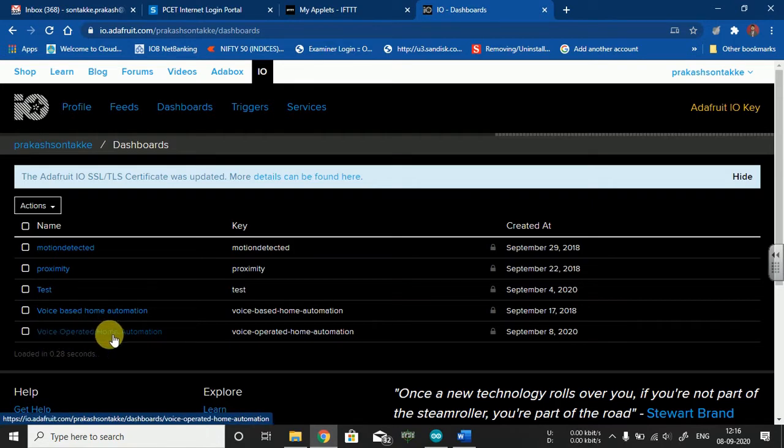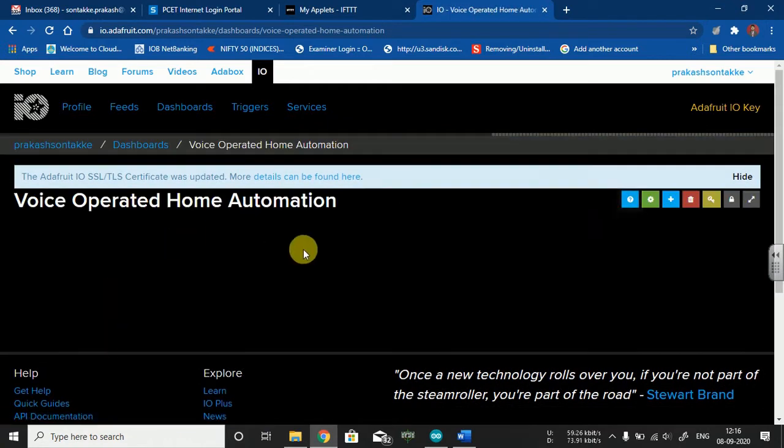Voice operated home automation, and now you'll be getting certain options under this particular dashboard. What we are interested in is creating new different blocks. I need to import them to perform these actions. So I will be clicking on this plus symbol.